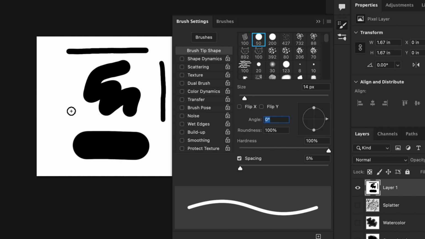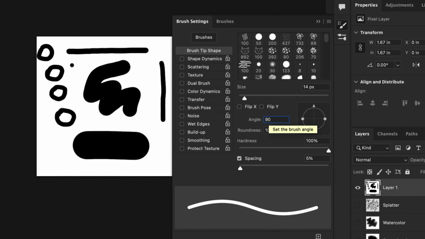Right now we have an angle of 0 degrees, which means that our brush is perfectly round. But if I adjust the angle, let's say 90 degrees, our brush is still round. Now, why would that be? Well, because it's a circle, and no matter how many times I rotate the circle, it's still a circle.